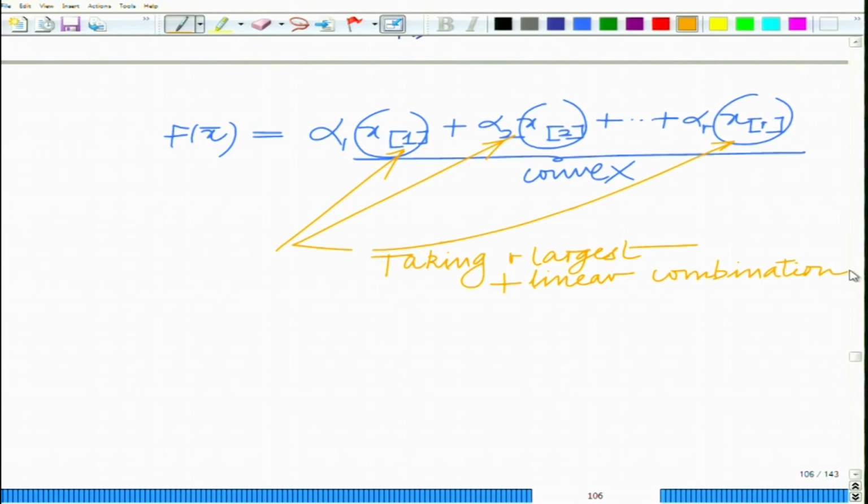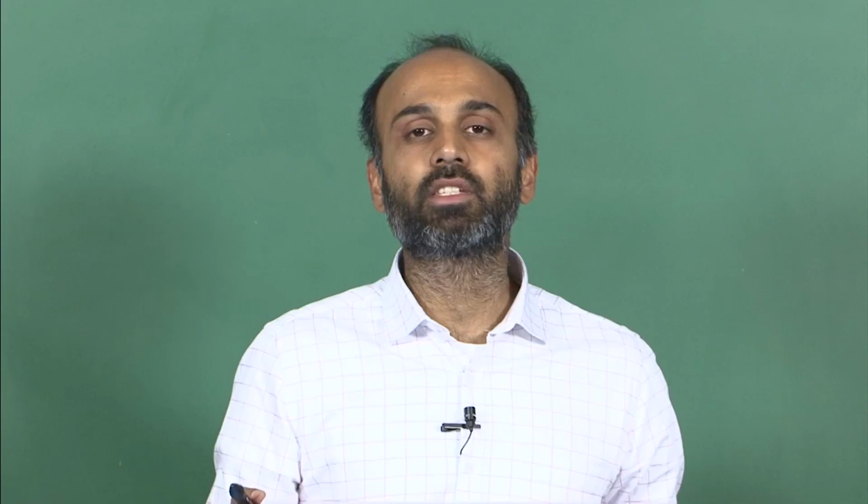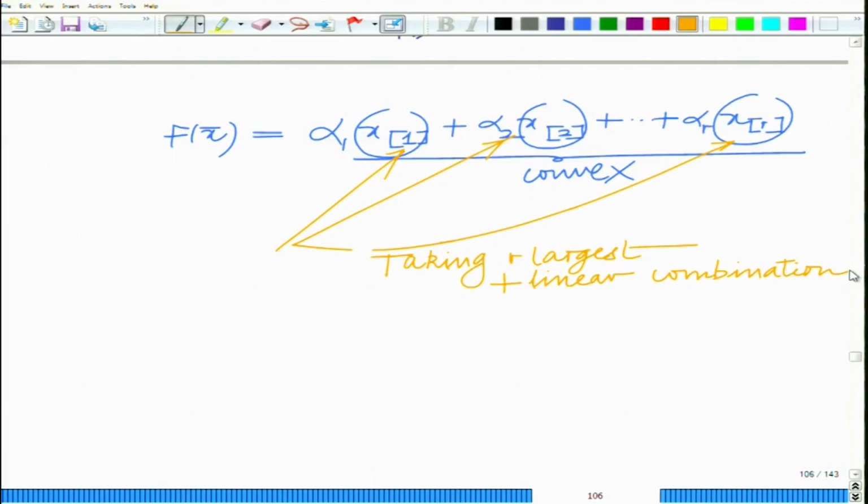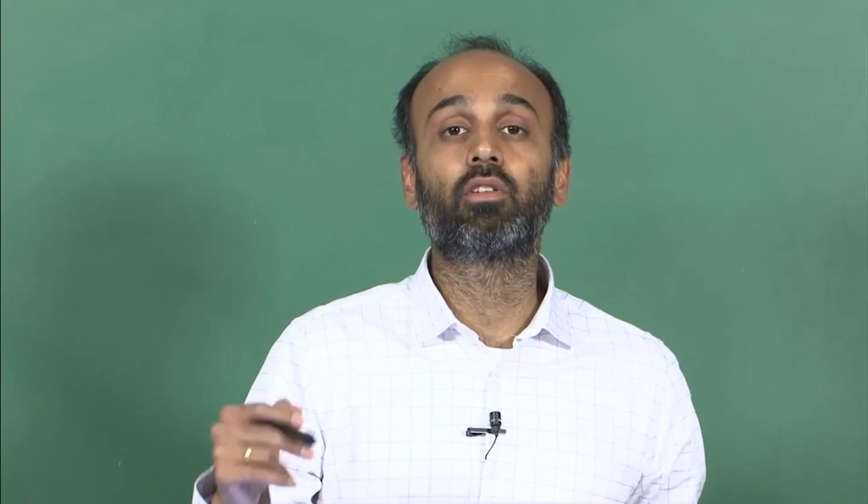And this is a highly nonlinear function, because when you look at the maximum of the maximum, it is basically a nonlinear function, correct. So we are taking the r largest and taking a linear combination. It is a highly nonlinear function, because although you are taking a linear combination, you are looking at the maximum of these elements, right. So this is a highly nonlinear, interesting function, yet you can demonstrate that this function is convex,